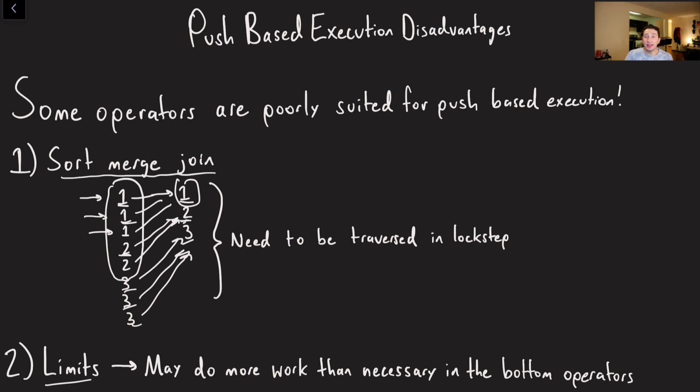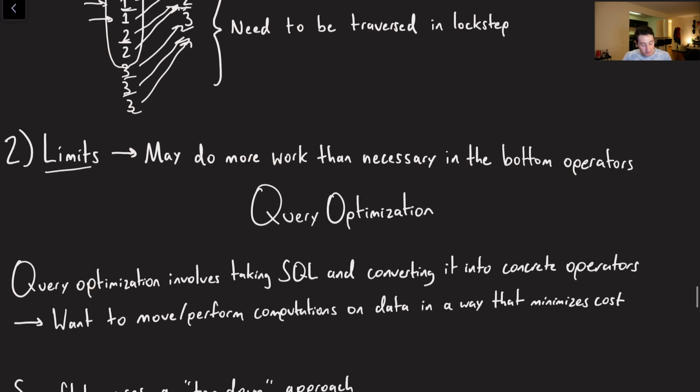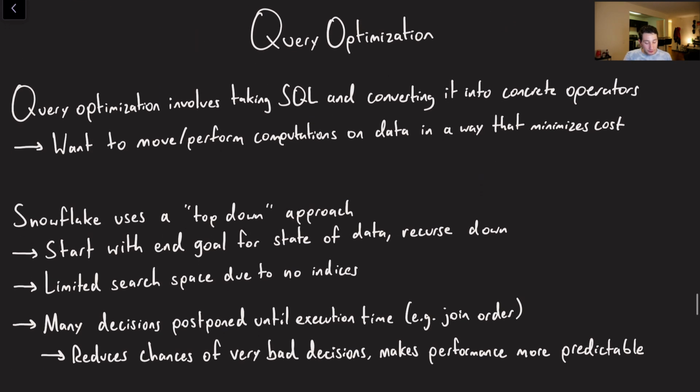But if you're doing some sort of joining and you don't know the actual final size of the data set or how many results there will be, you basically do as much work as you can downstream. And then eventually at some point you're just going to have to go to your scan operator and be like, hey, you can stop now. We've got 10 results. We're good. But obviously that's going to result in using a lot more compute than you would have done if you were doing poll-based execution.